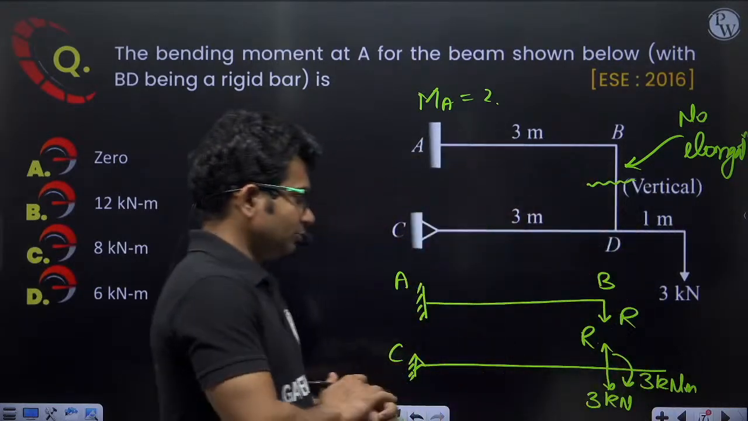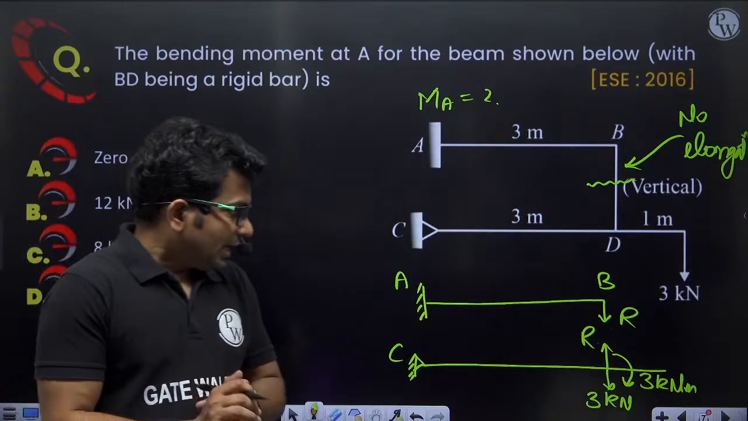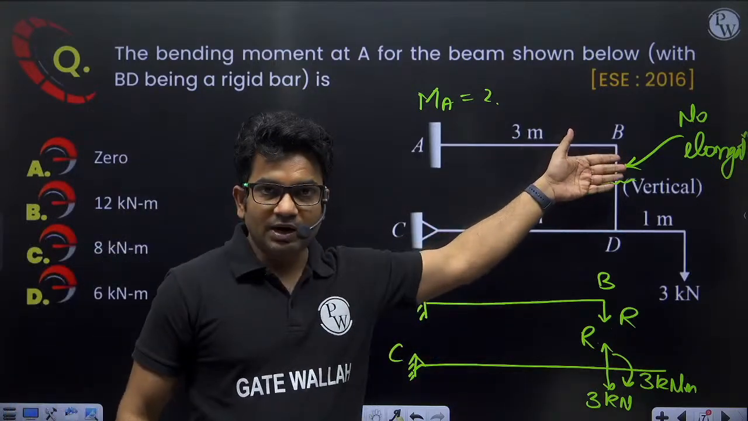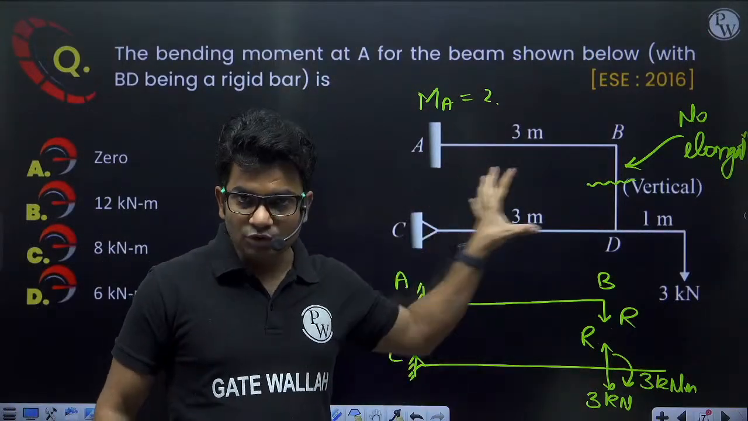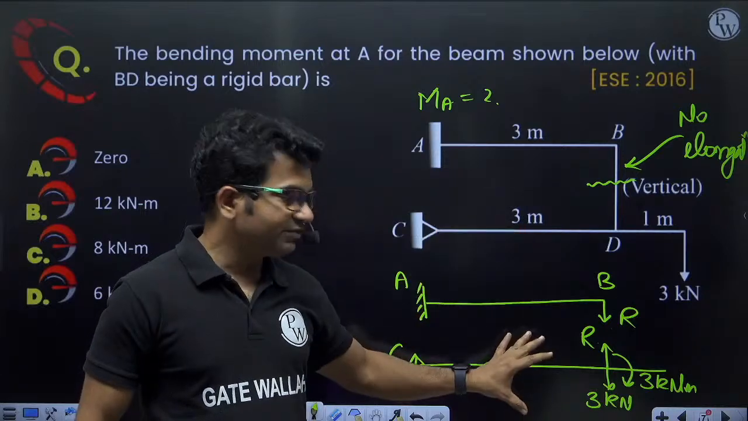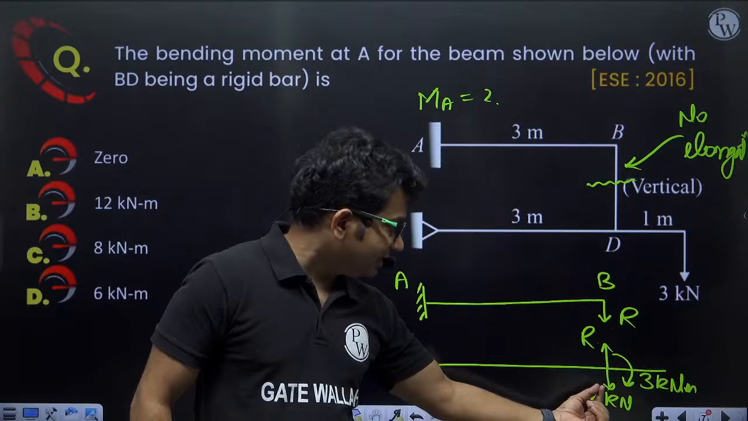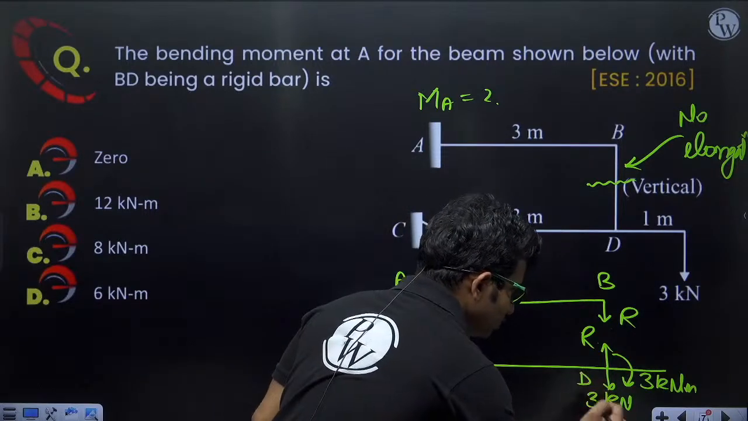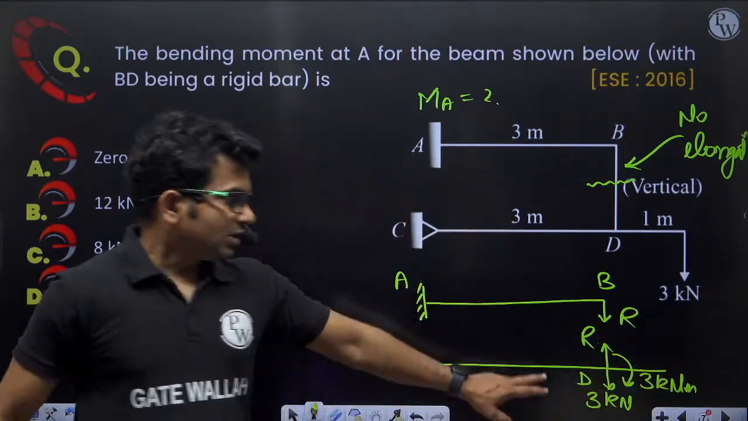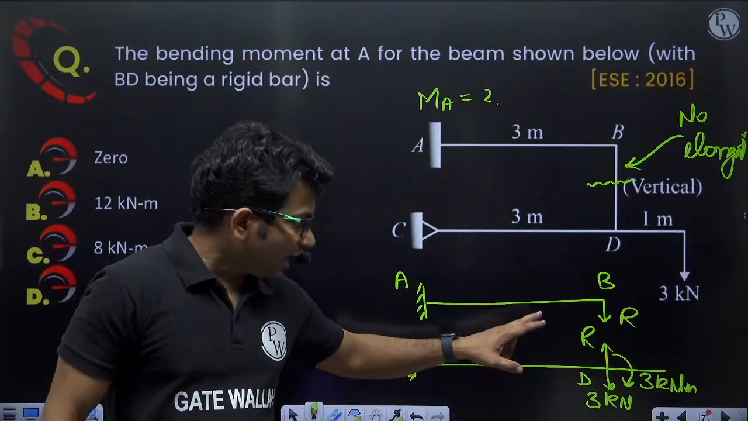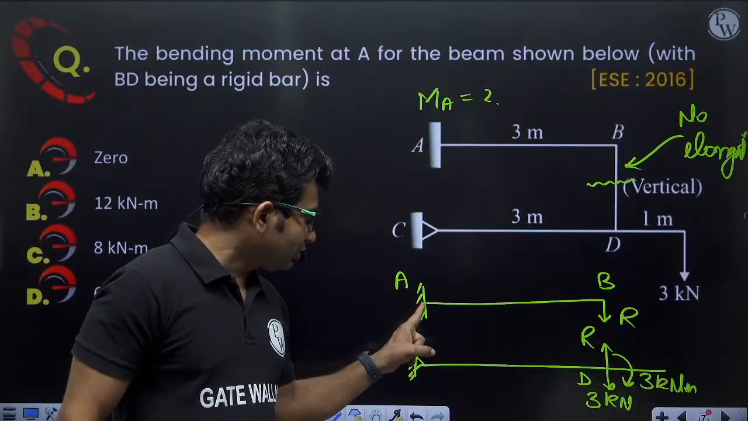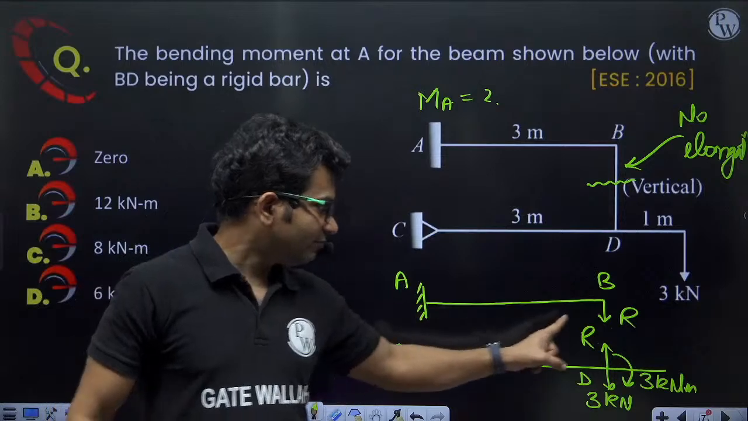Okay. Now, so this part can be represented as this. This whole structure can be represented by free body diagrams of AB and CD. Okay, AB and CD. Let's forget this part. Now, first of all, in order to calculate bending moment at point A, I have to calculate this